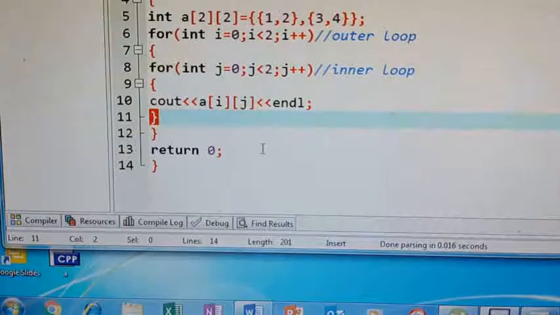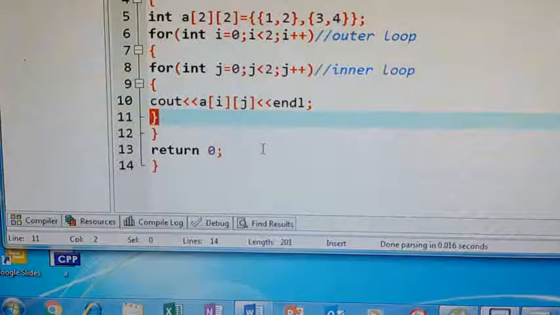When the condition fails in the inner loop, then the outer loop is incremented. Understood? So the outer loop is executed once and the inner loop is executed till the condition is false. For every execution of the outer loop, the complete inner loop should be executed.